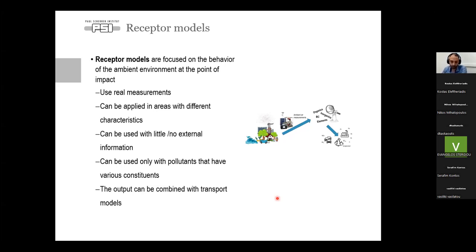Because to apply a receptor model, we need to do some sampling, and we need to have information about the chemical composition of PM. This can be offline sampling with offline analysis, or online instruments. It doesn't matter as long as we have chemical information about the composition of PM. So receptor models use real measurements. It's not a modeling process. We need to actually